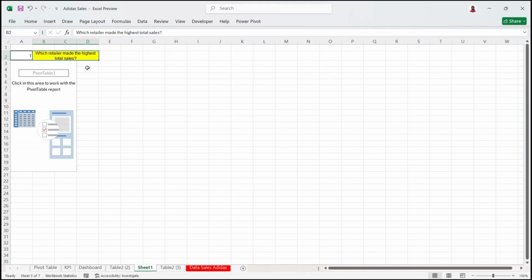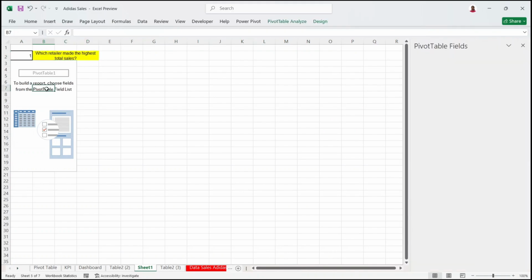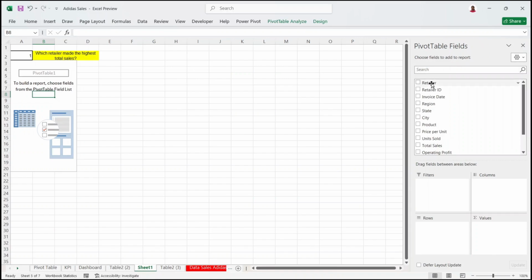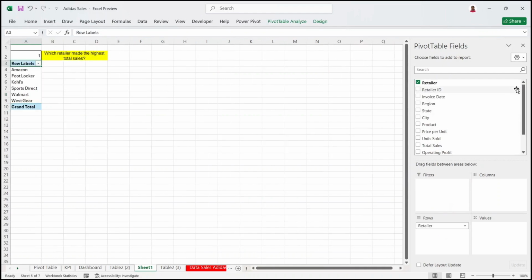To answer this question, we need two columns, the retailer column and the total sales column. So select your pivot table and scroll down to retailer. So this is what we call our pivot table fields. From our pivot table fields, you can see four fields there: the filters, the columns, the rows, and the values field. So for the purpose of this analysis, we are going to be using mainly the rows and the values field. So take your retailer and drag it down to rows, and then take your total sales here and drag